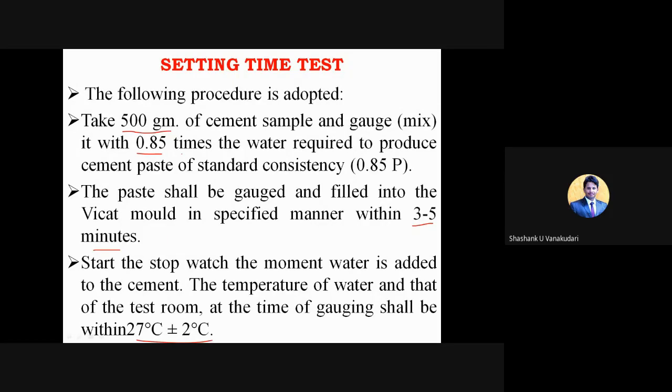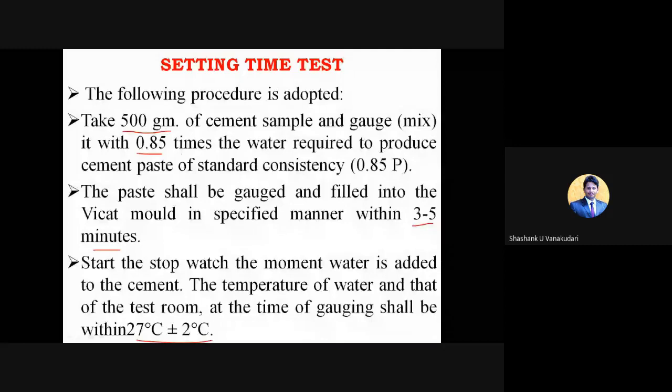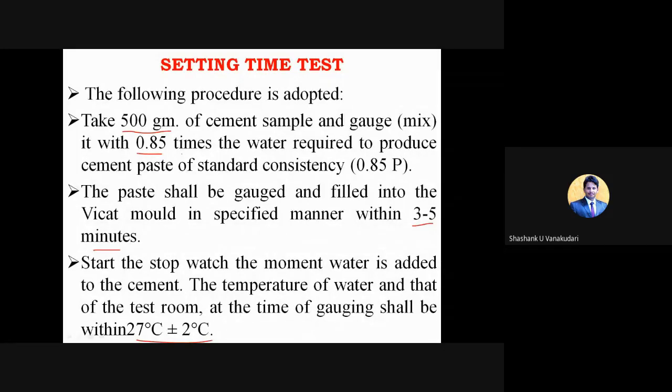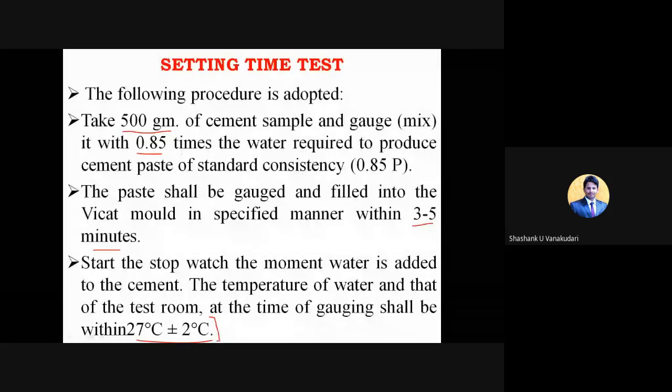When you use this cement paste in high temperatures like 45-50 degrees, that cement is going to set at an earlier time. Okay, at that time you won't get to know the proper initial setting time, because at the extreme of heat that concrete will get hardened earlier, correct? Because of that reason we need to maintain the standard temperature, that is 27 degrees plus or minus 2.